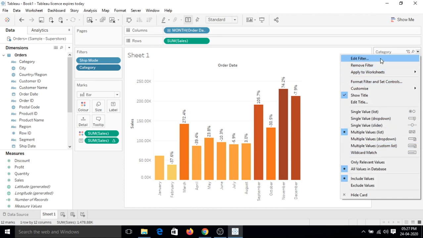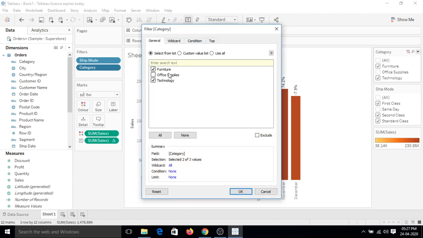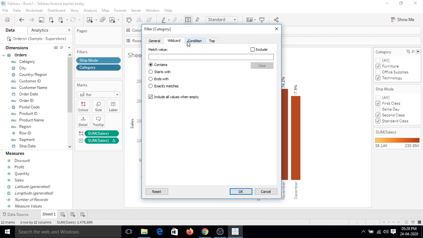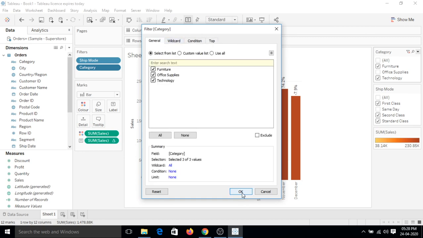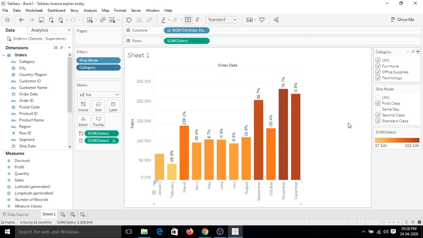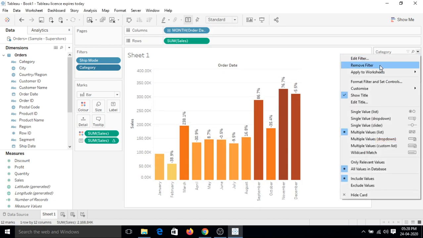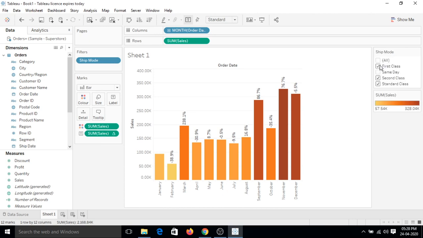So first one is edit filter. Let's click on it and we can simply edit the filter by adding more categories or values to it. We will discuss these options later, but for now let's explore some other options. I'm clicking OK. Going back to the drop down, remove filter, so this will simply remove this filter from your sheet. I'm pressing Ctrl Z